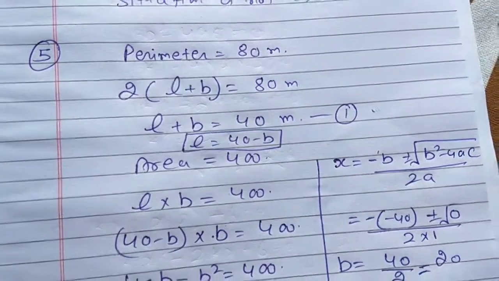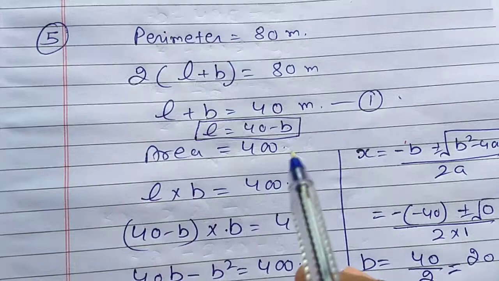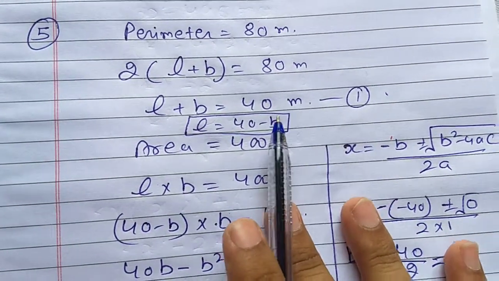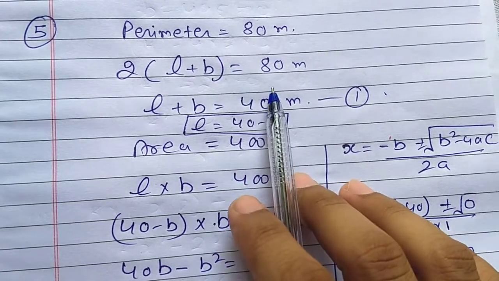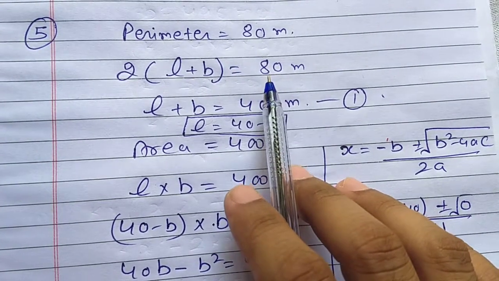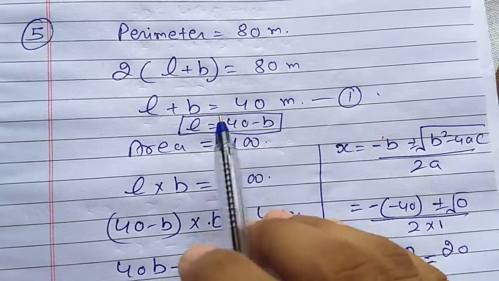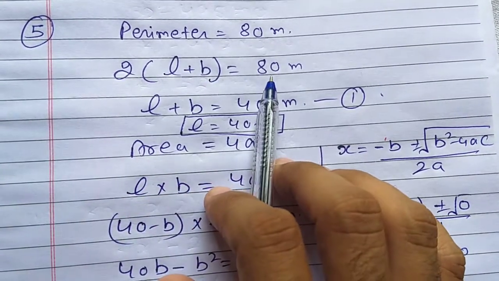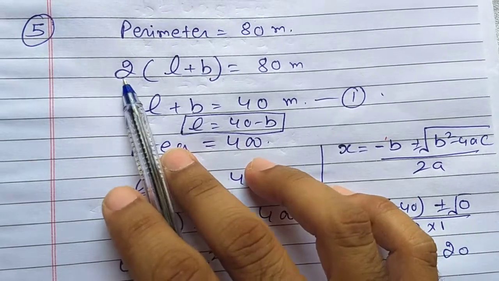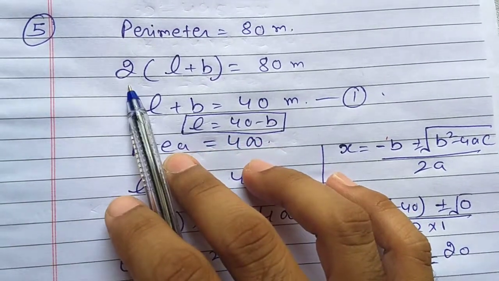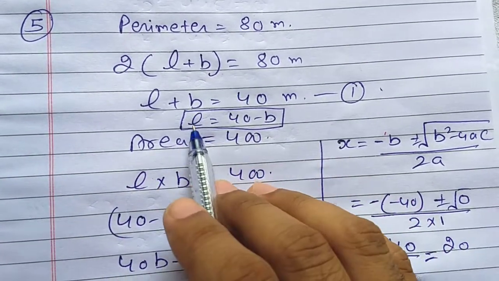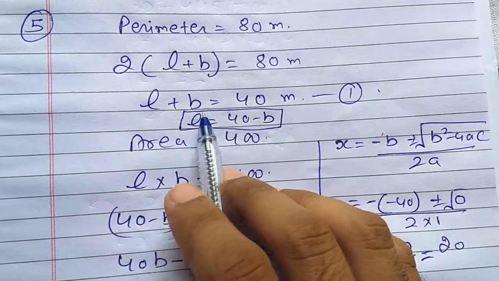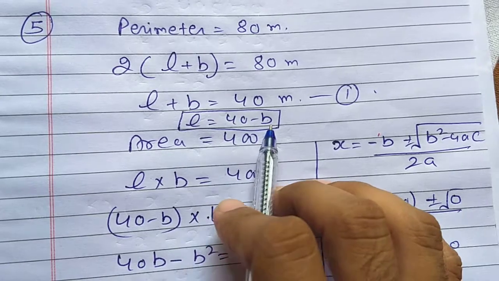And what is our last question? We have to find out the length and breadth if the condition is possible. We are given that a rectangular park has perimeter 80 meters and area 400 square meters. So what is the formula for perimeter? That is 2 bracket L plus B equals 80. So 80 divided by 2 is 40. First we have to find one value. If we find L, then the value of L is 40 minus B.